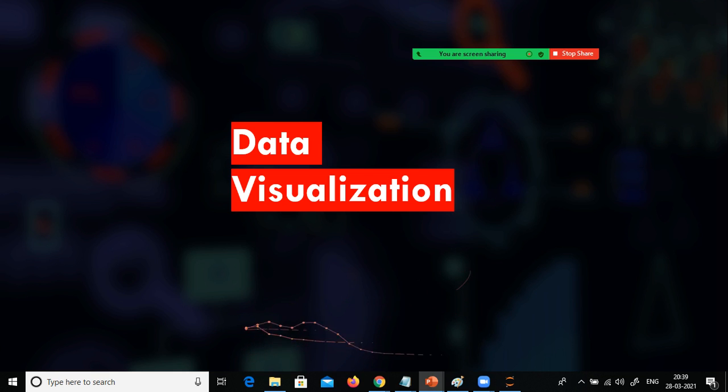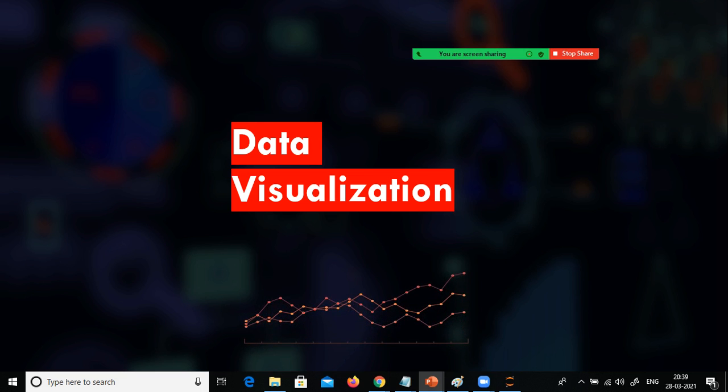Those days itself, they started using charts, maps and all. Maps, to navigate from this place to that place. They used simple navigation, charts or maps to understand which area they were supposed to go to in order to do a lot of fishing. So in those days they were doing it. In simple terms, data visualization is nothing but visualizing the data in the form of graphs, charts and maps.